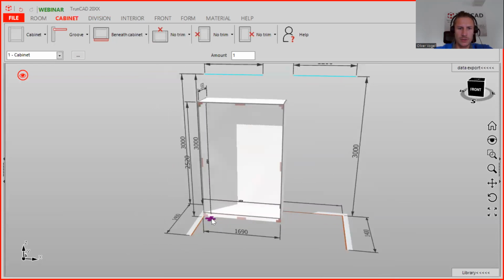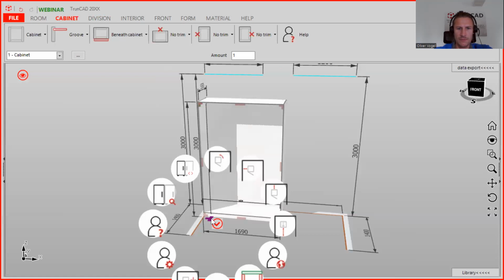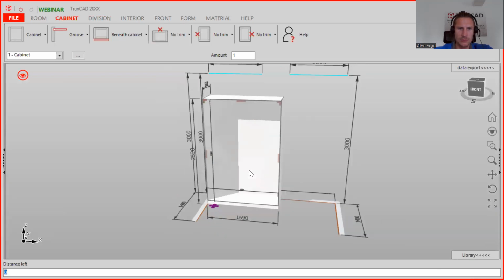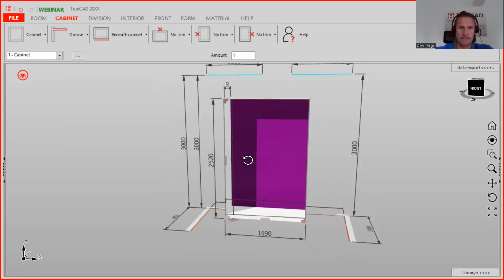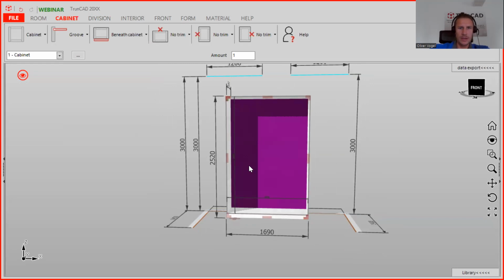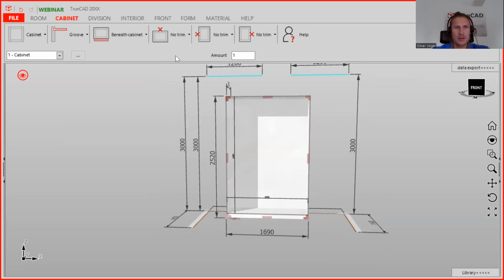You can here also click on the smart click in front of the cabinet to type in a distance to the left side. All right, when we have done this, here in this case we don't have any trim on any side, so